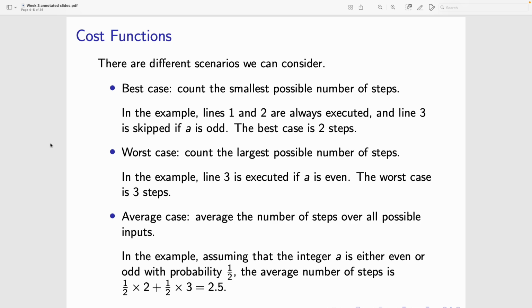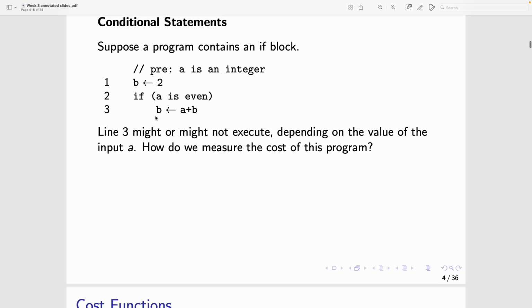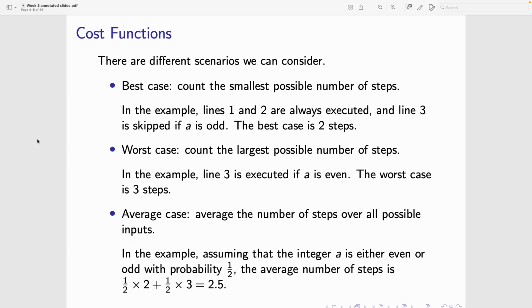Worst case is far more useful. This is going to be the one that you do most often. In this example, the worst case is 3 steps because we execute every line in the algorithm if A is even. The slides talk about this a bit more later, but basically, worst case is useful because it gives you an upper bound on the number of steps that the algorithm takes, which is useful for just knowing how bad it